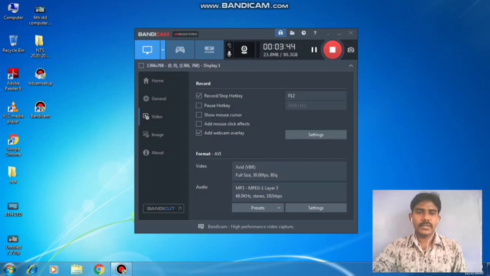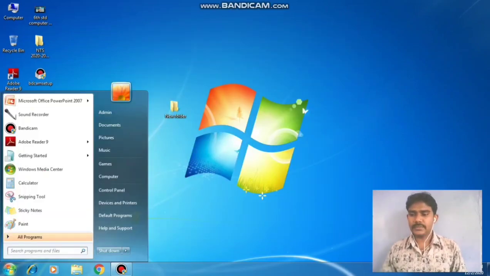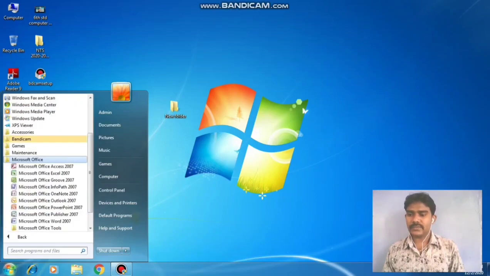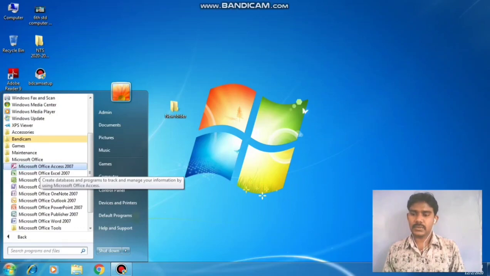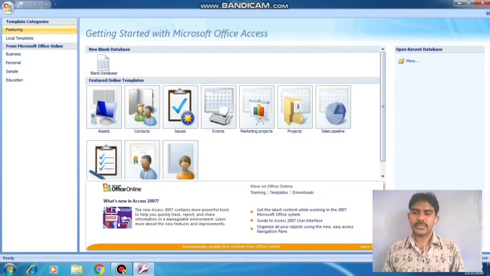First, how to create a table in a database. One by one, we go to Start, All Programs, Microsoft Office, Microsoft Office Access 2007.